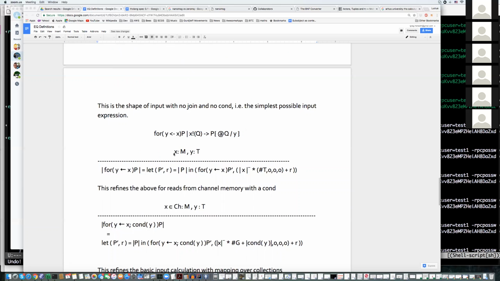And the idea is if you've got a channel that's a memory-based channel as opposed to network or storage, and you know that the payload is expected to be of type T, then the cost function of the forward comprehension is going to be calculated by calculating the cost of the continuation.